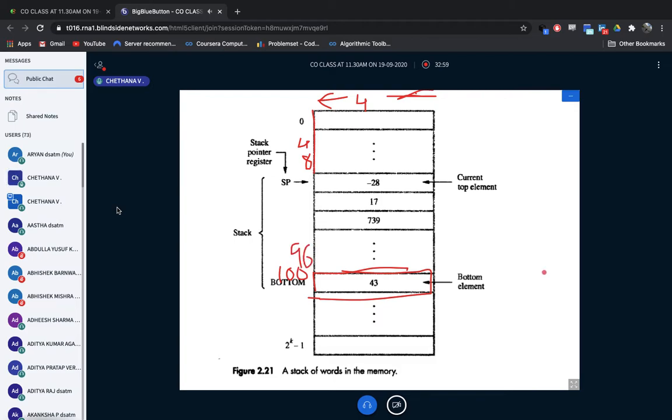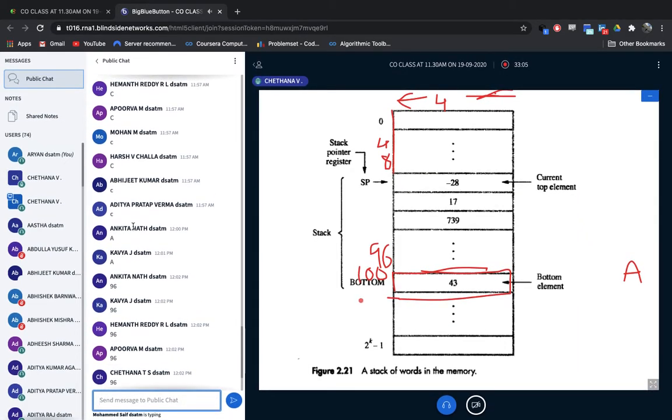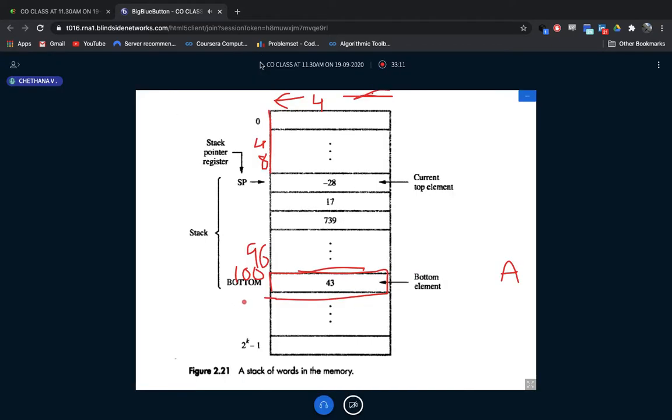Okay. Suppose I want to insert A, then B. First you should know one thing. Suppose this is the starting 100; actually first I'll take 104, always 104 is the virtual address. So your stack starts from 104, but first I'll decrement it.